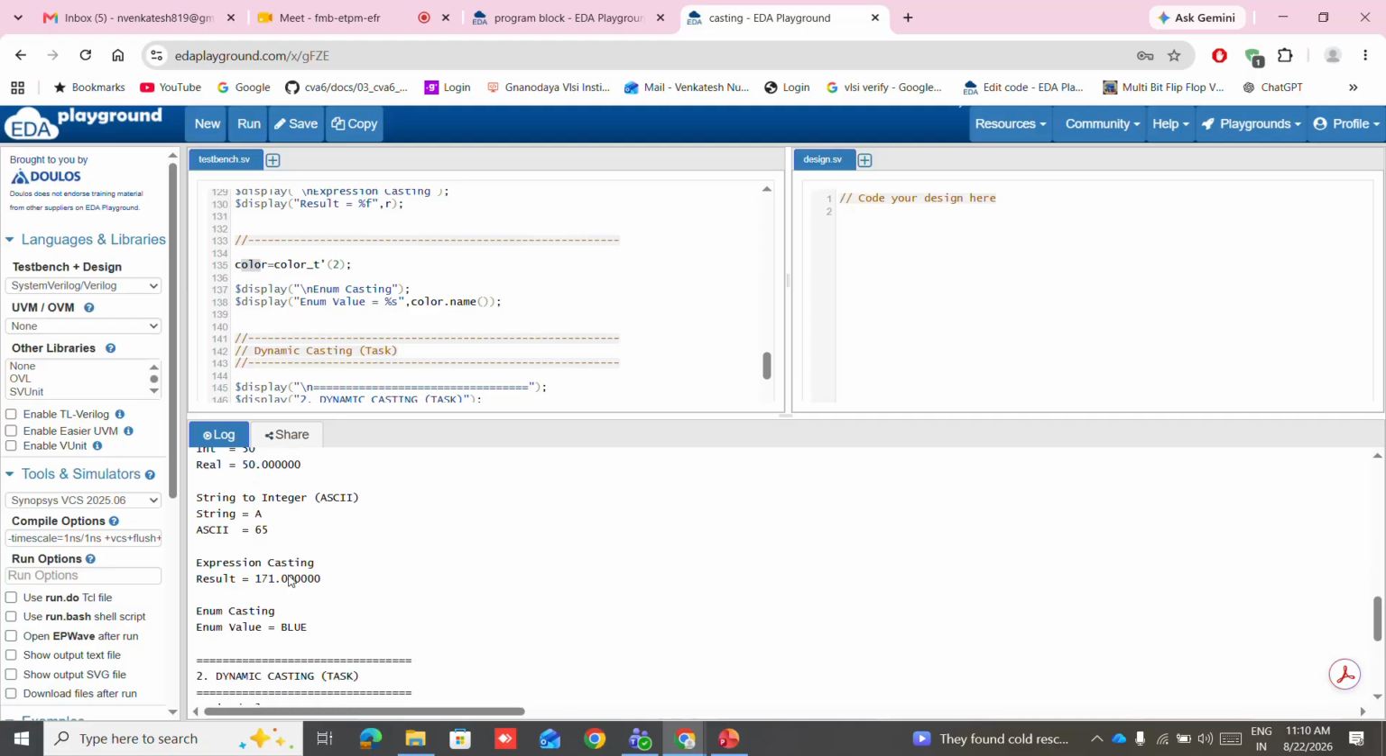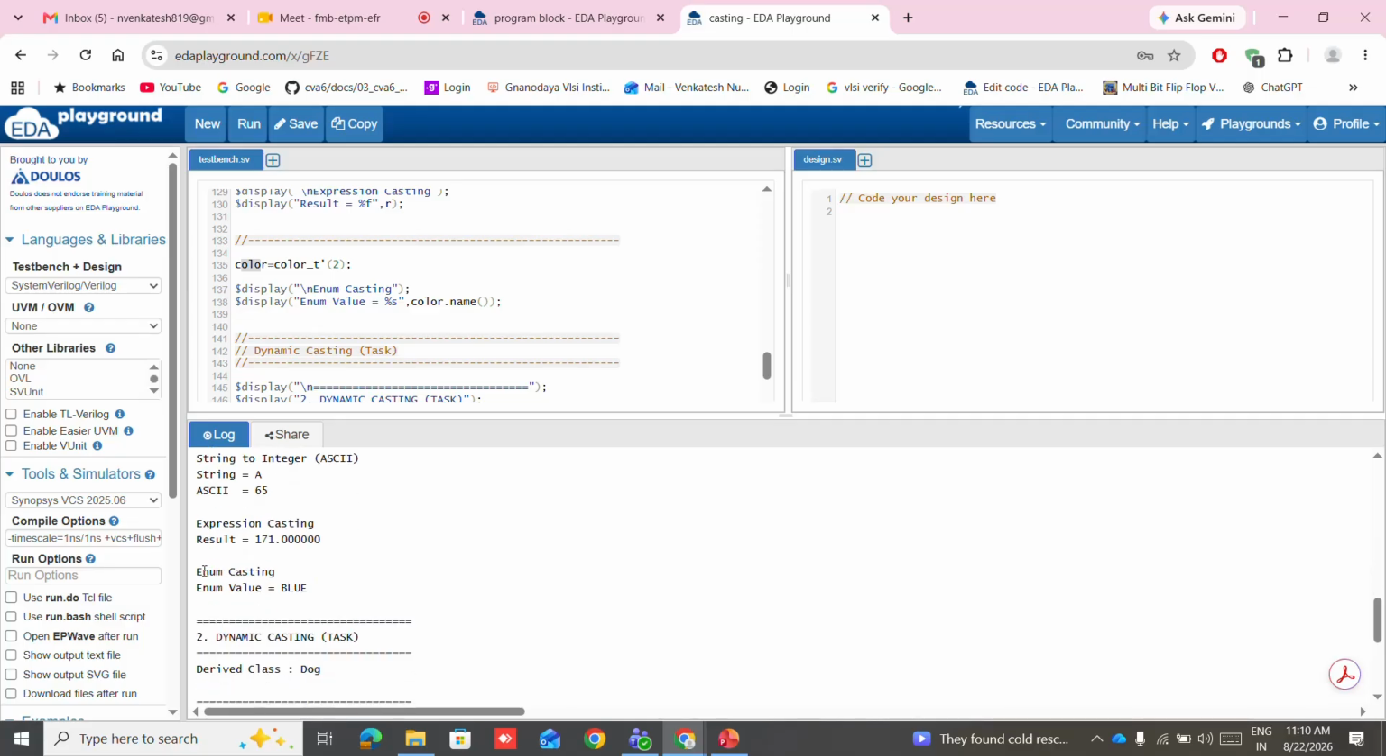Okay, see, blue I got it. Enum casting, integer enum value is blue. Okay,